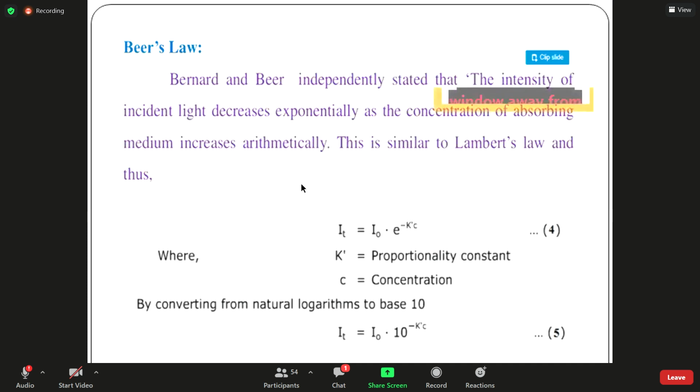In the same way, after integrating, finally we will get this equation: IT equal to I naught e to the power minus k prime C, where k prime is another proportionality constant. So again, we can take it into log base 10. We can write it IT equal